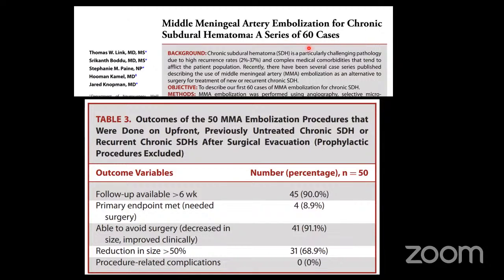We have a very good follow-up outcome, and procedural complication was almost 0%. Reduction in size was more than 50%, at 68%. And the primary endpoint, that means those who required surgery after embolization, was around